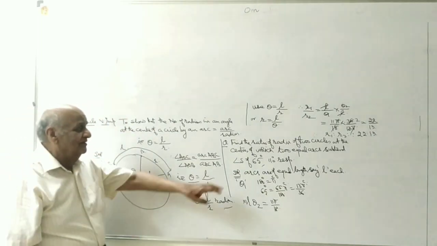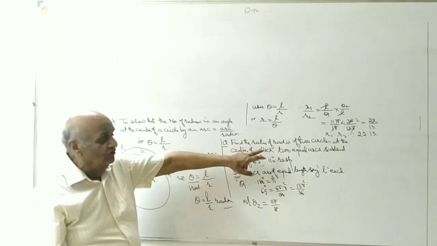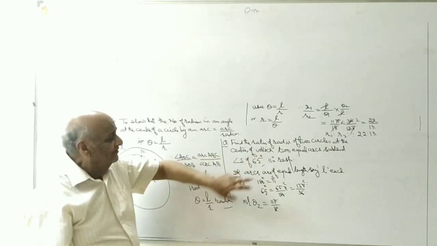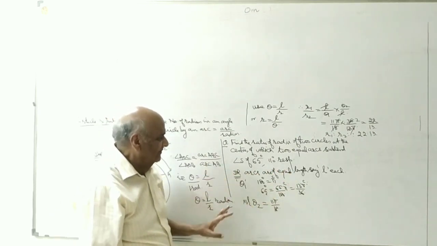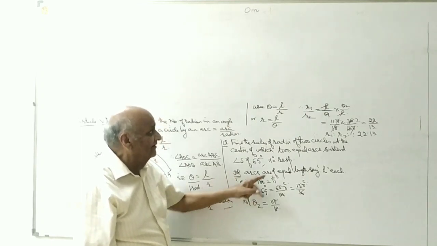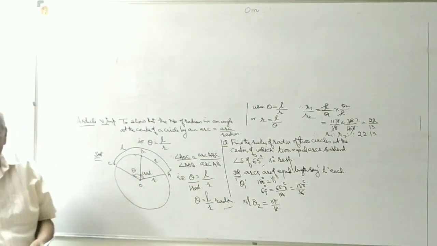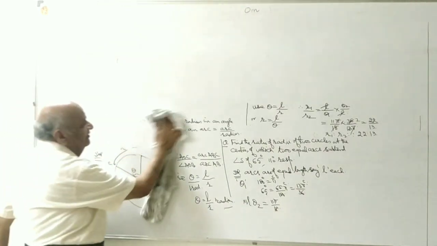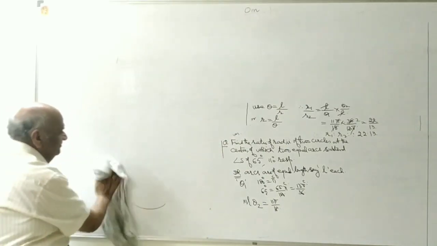Just once again I can repeat. Find the ratio of the radii of two circles at the centers of which two equal arcs subtend angles of 65 degrees and 110 degrees. Arcs are of equal length, therefore L is the same. Apply the formula: first convert into radians, theta 1 and theta 2, and then apply theta is equal to L upon R. I think it is clear. Okay? Let us take one more question on the same, theta is equal to L upon R.